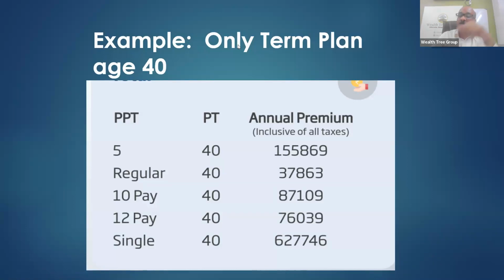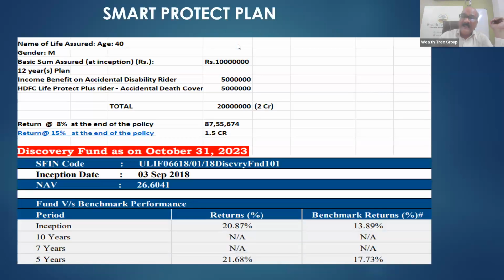For that, how much premium do you need to pay? Around 87,000. So you will pay 87,000 for 10 years. After that, your life is covered for 1 crore for lifetime, up to 85 years. So this is what it is. Now there is a plan launched by this company where the age is the same, 40, and the basic sum assured is 1 crore here. And you are going to pay for 12 years.